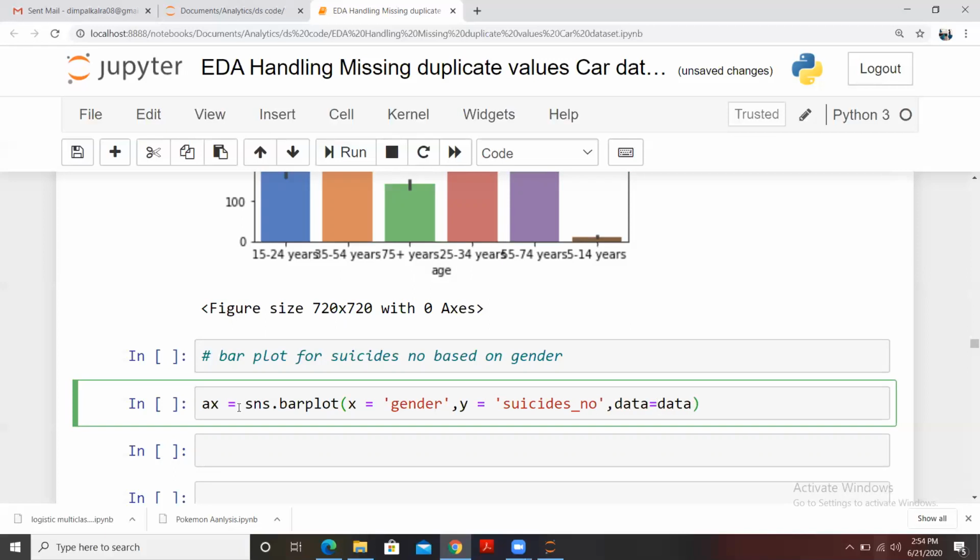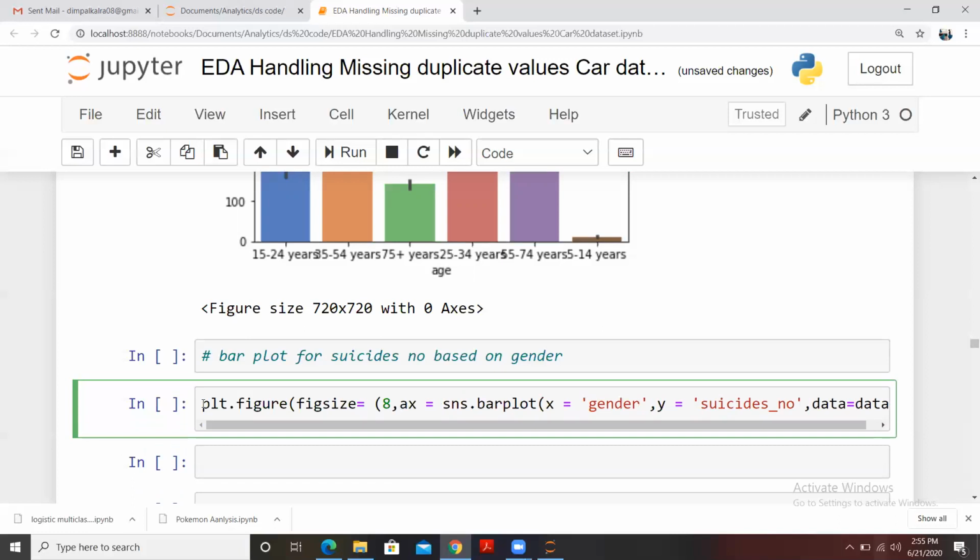If you have a different name, you have to pass it; this first data is a fixed keyword where we pass the name of our data frame. Because I have given the name of the data frame as data, I'll be using data here. Fine, and let me customize this. The size of this plot should be plt dot figure, and I have to mention the size, figsize is 8,4, let's say.